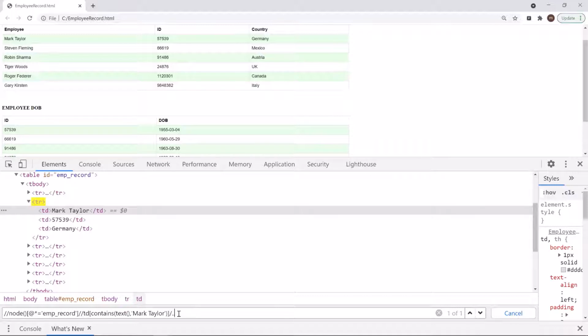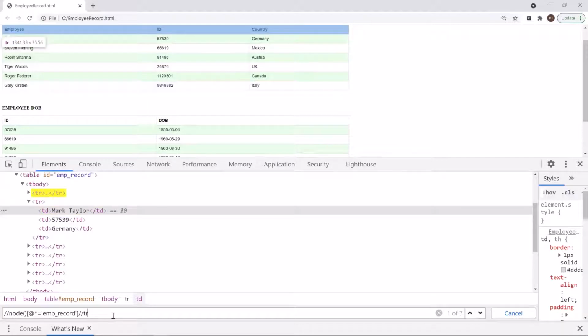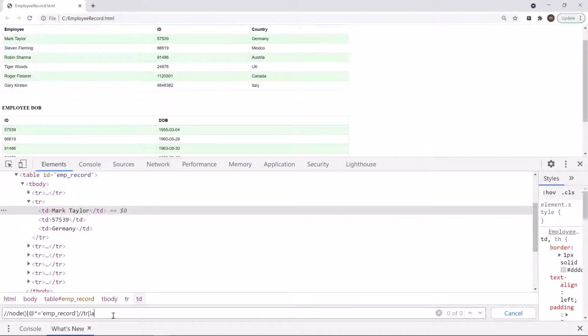Now there are some predefined methods as well which we can use in our XPath. So let's see those functions. To identify the last TD tag, we can use the last method. This method returns a number which is equal to the context size. Here you can see that it highlighted the last TD tag for each row, as we have multiple rows over here. Now if I change it to tr and use the last method, then you can see that it highlighted the last row.